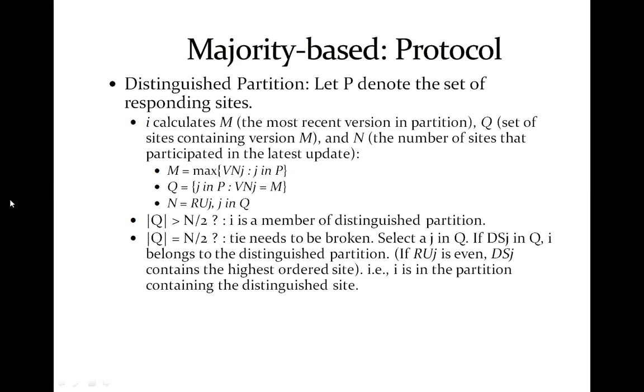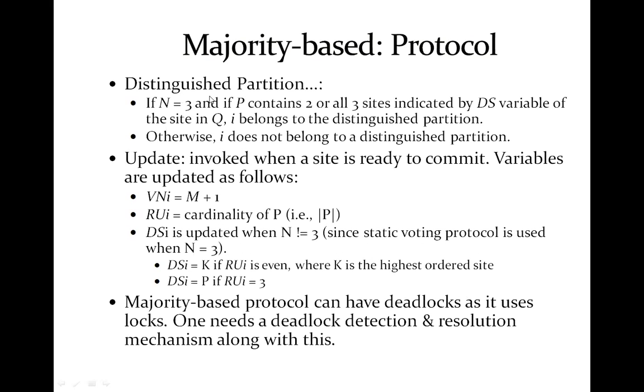The first condition is Q should be greater than or equal to 2. The second condition is if Q is equal to n by 2, then we have to select a J so that DSJ is in Q. Then only that site will be in the distinguished partition. And if n is equal to 3, then if P contains 2 or all 3 sites, if the 2 sites or the 3 sites are the element of DSJ, the distinguished site, then I belongs to the distinguished partition. And if all these 3 conditions are not satisfied, then it means I does not belong